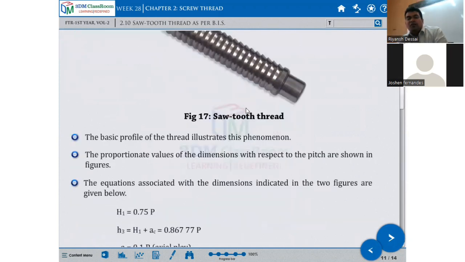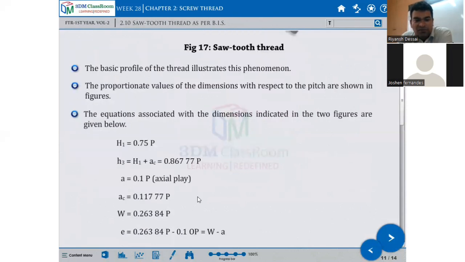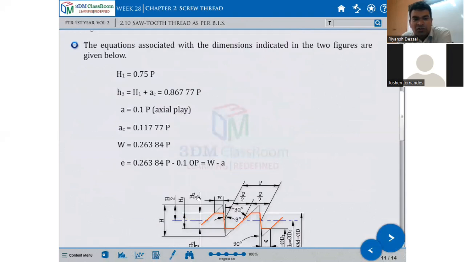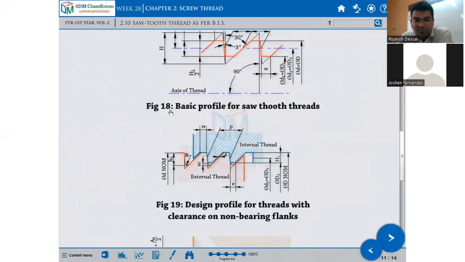The basic profile of the thread is shown, with the proportional values of dimensions with respect to pitch as shown in the figure. The equations associated with the dimensions are indicated in the two figures given below. These are some relations shown here. What do H1, H3, and A mean? Basic profile of the